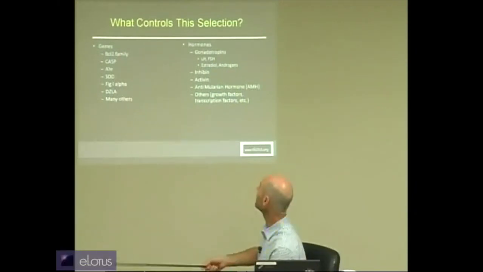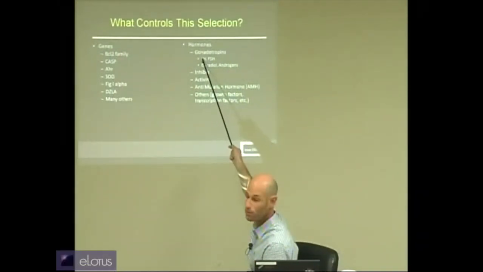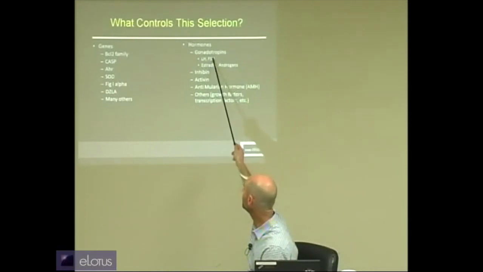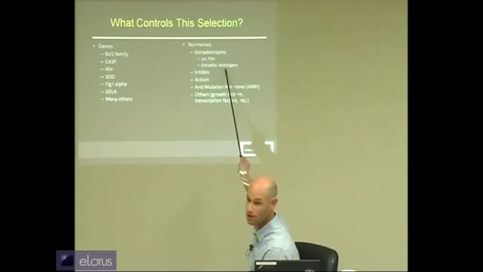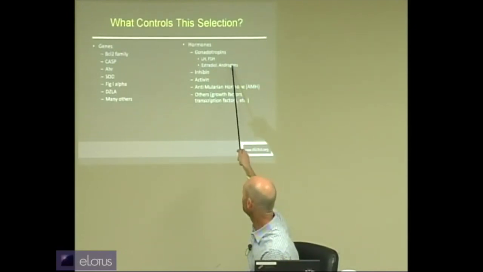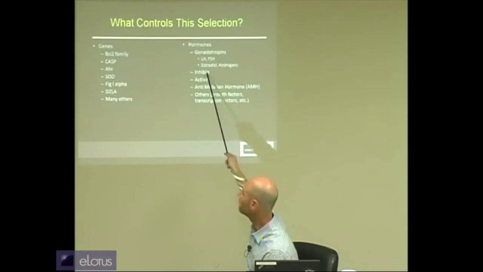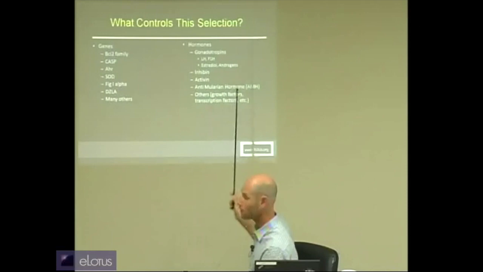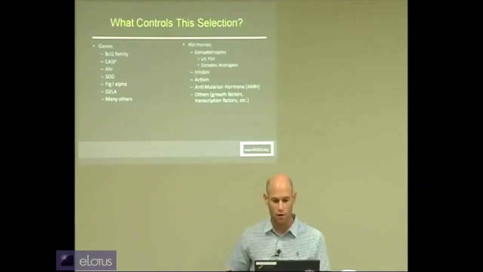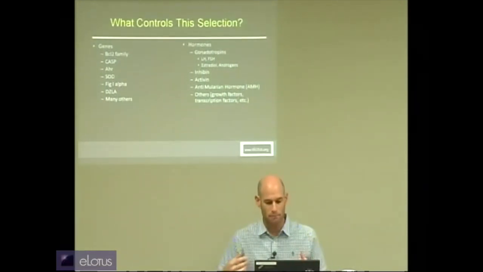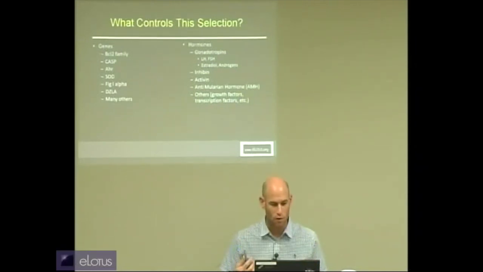Hormones of things that we hear about regularly, like LH, which stands for luteinizing hormone, FSH, which stands for follicle stimulating hormone. There's estradiol, there's androgens like testosterone and dihydroepiandrosterone steroids. There's another one called inhibin, which is kind of a bit more popular. Activin, anti-Mullerian hormone, growth factors, transcription factors. All of these things are involved in this process, and a lot of my job is looking at these different hormones and trying to understand how they interact with the ovaries and how they